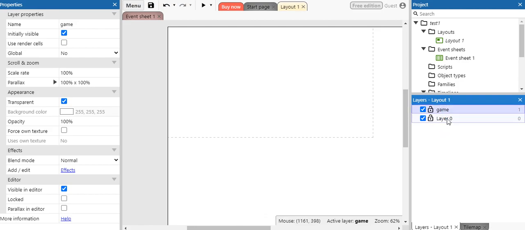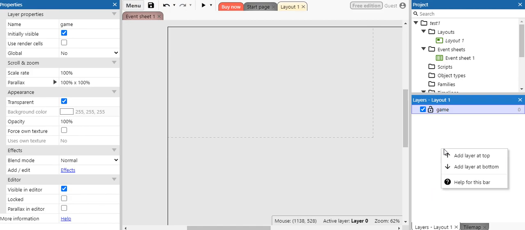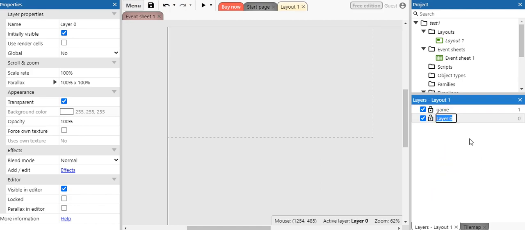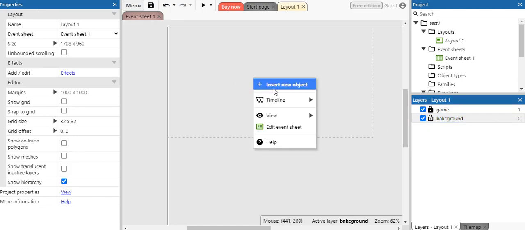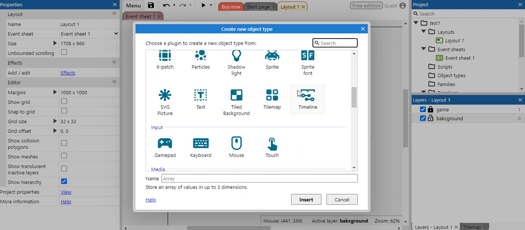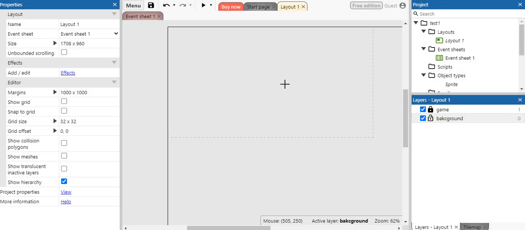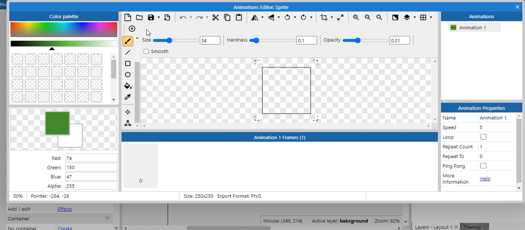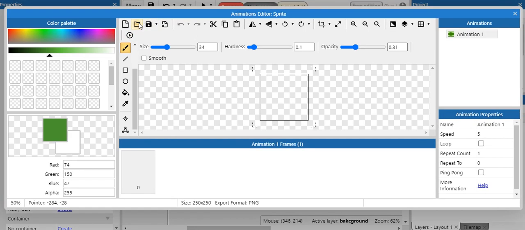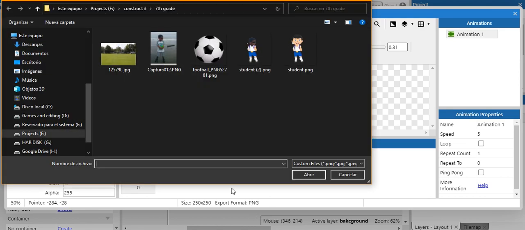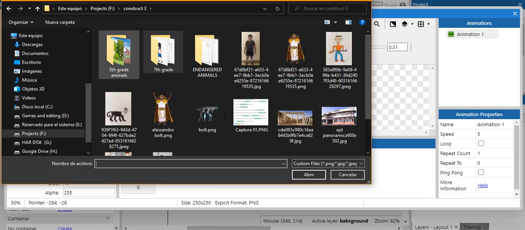Then we're gonna erase layer 0, and we're gonna create a layer in bottom that says background, like that. Now we're gonna block the one that says game, and in background we're gonna right click here and insert a new object. This new object is going to be a sprite. Click, and here in the small folder that you have, not the document, not the save file, but the folder, you're gonna open and you're gonna look in your files